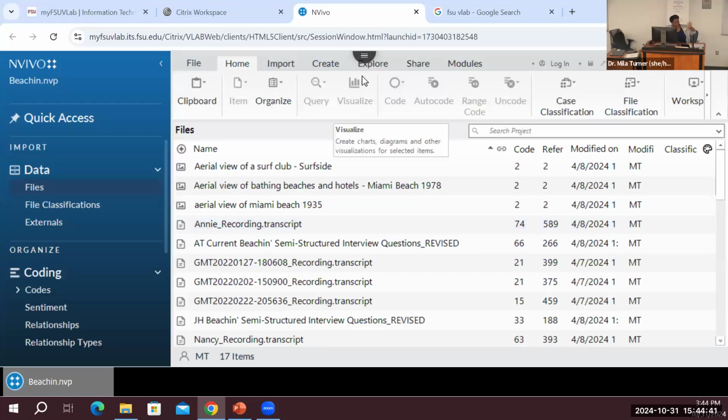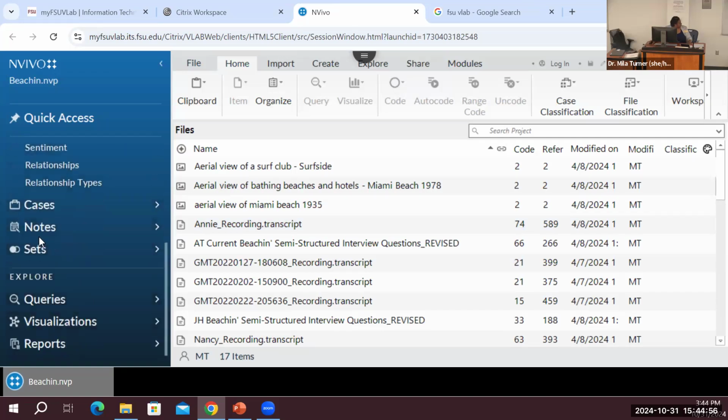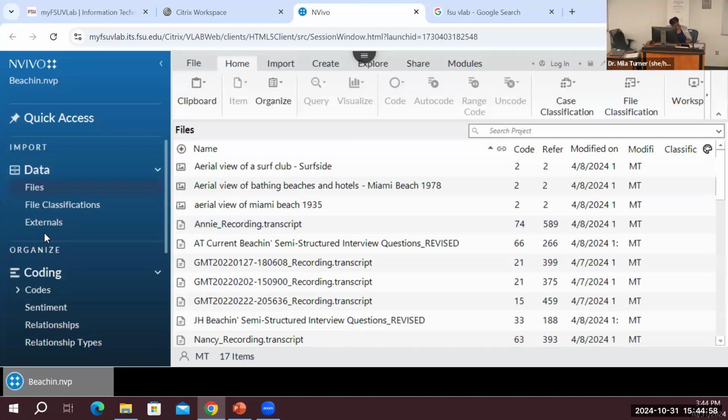So I had a detour to tell you about importing, but I started telling you about the ribbon and what you can do with the ribbon. And the ribbon is common to other ribbons that you have seen. And then the panel on the side for most of the actions that you will do. Okay, so let's see, where do I want to start? I think I should start with memos and annotations. So I'm going to go to